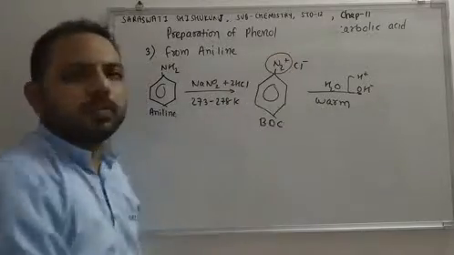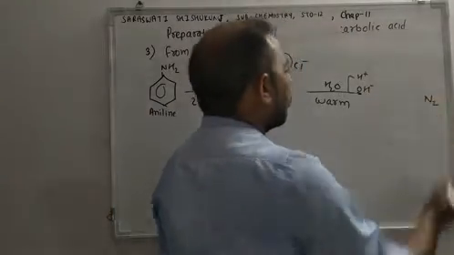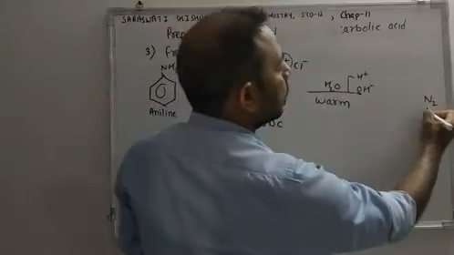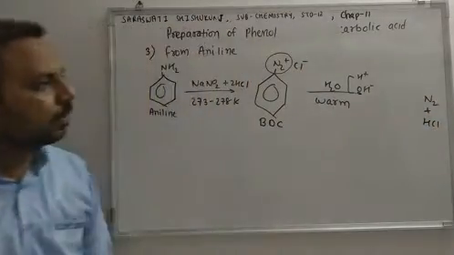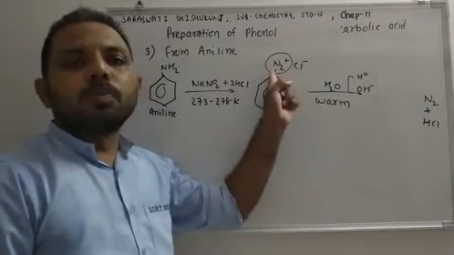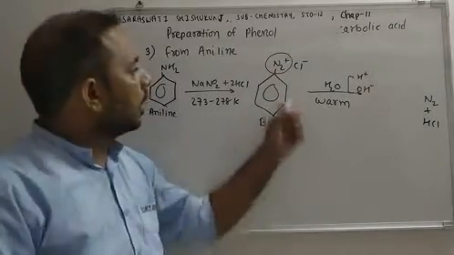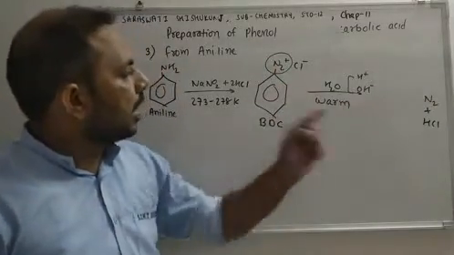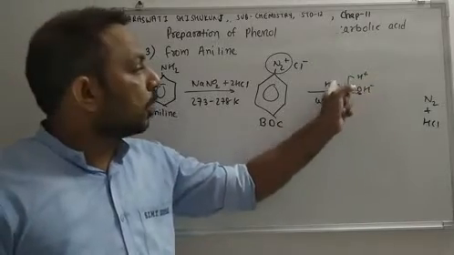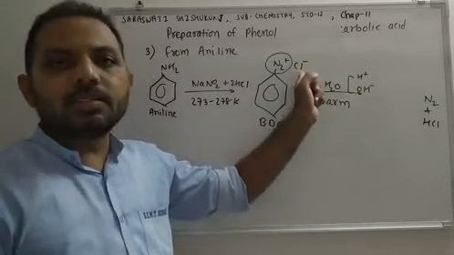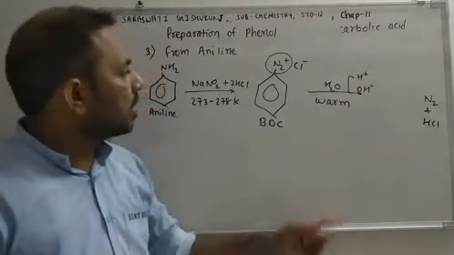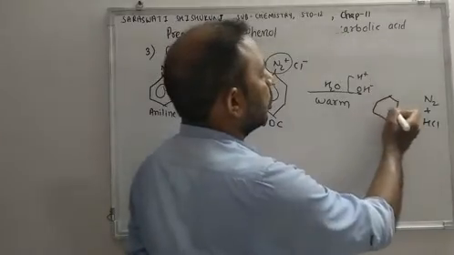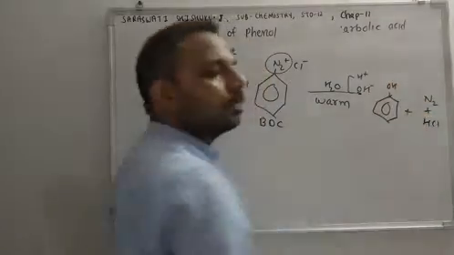Now this thing I have already discussed. The diazo group will be released in the form of N2. So N2 is released. This H plus and this Cl minus will form HCl. So HCl is also formed. In most reactions, the diazo group will be released in the form of nitrogen. Now, what is left? OH minus and benzene is left. So it will form phenol. So this is phenol.